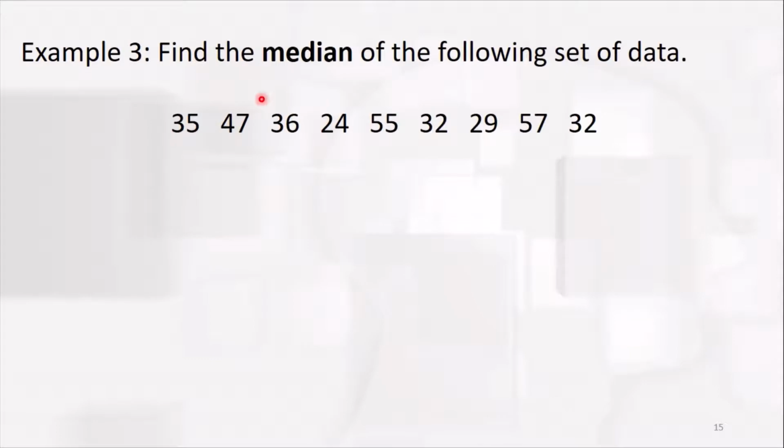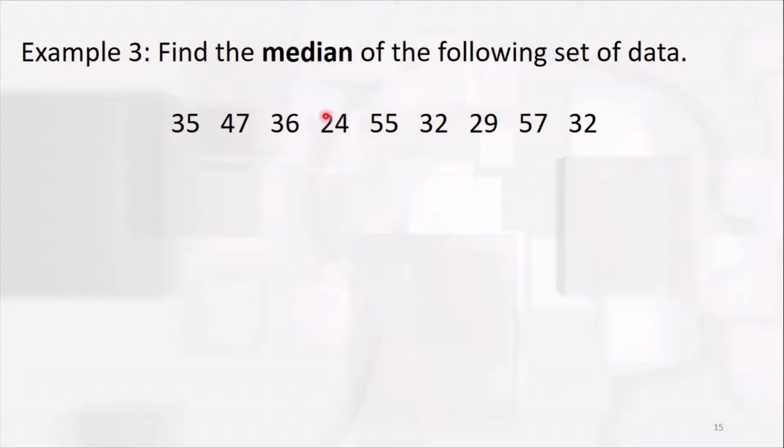Now let's have an example. Find the median of the following set of data. So as you notice here, we have 1, 2, 3, 4, 5, 6, 7, 8, 9. So meron tayong 9 number of scores and 9 is an odd number. So makikita na natin dyan mismo yung median kasi odd number siya. So kailangan natin gawin is to arrange this data into